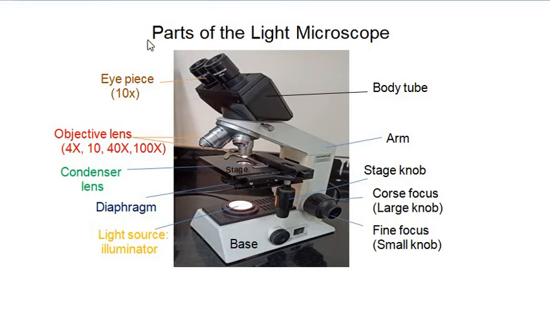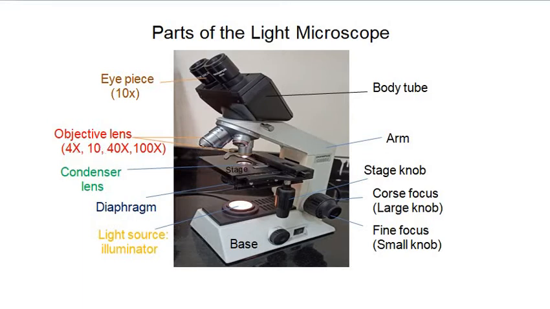You can see here there are various parts of the light microscope. This is a compound microscope. It has three basic parts: body tube, arm and base. At the base of the microscope, the light source is attached. The light source is a halogen lamp, and then there are the diaphragm, the condenser, and the specimen stage where we place the specimen slide. This is an objective lens. You can see here there are 3 to 4 objective lenses: